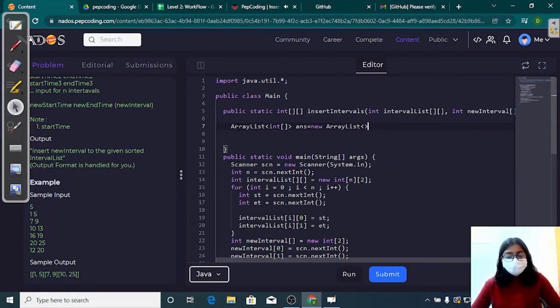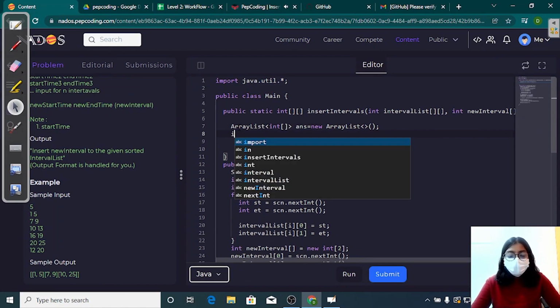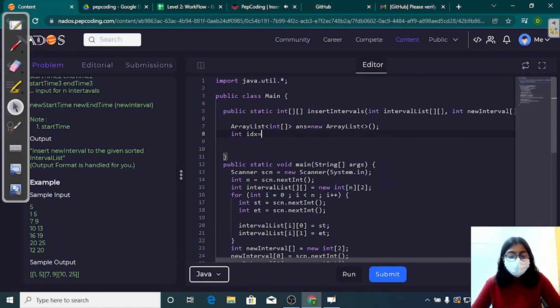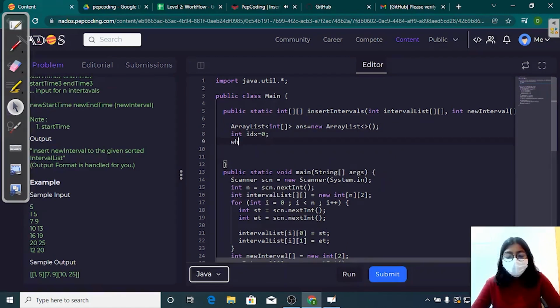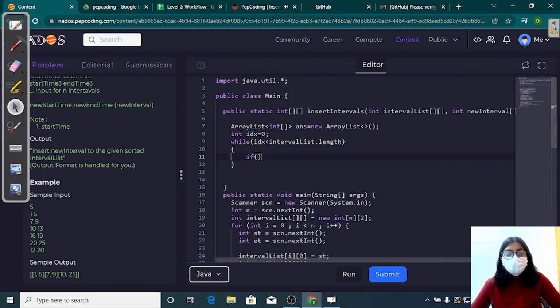All right. Now, what are we going to do here? I will make an index 0, because we are going to start from our first interval. I will be running a while loop here. While my index is lesser than interval list dot length, right? Then check here if the